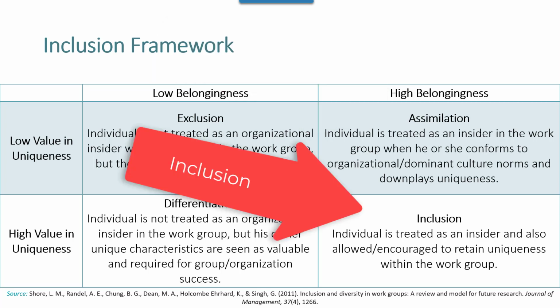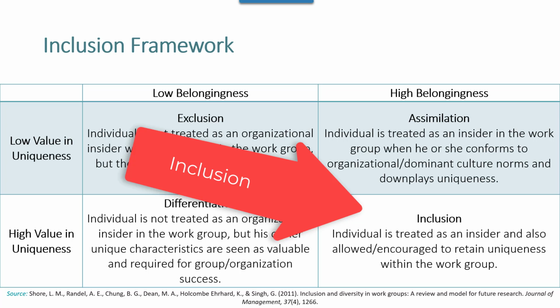The inclusion quadrant in the lower right describes individuals who feel that they belong and are valued for their unique beliefs, attitudes, values, and background. For example, an employee who is older than any other work group members may have knowledge of the company and its industry that is potentially valuable to the group. If this person is treated as an insider with highly valued knowledge, then the older employee will have a strong sense of inclusion and the group will be able to benefit through improved performance.